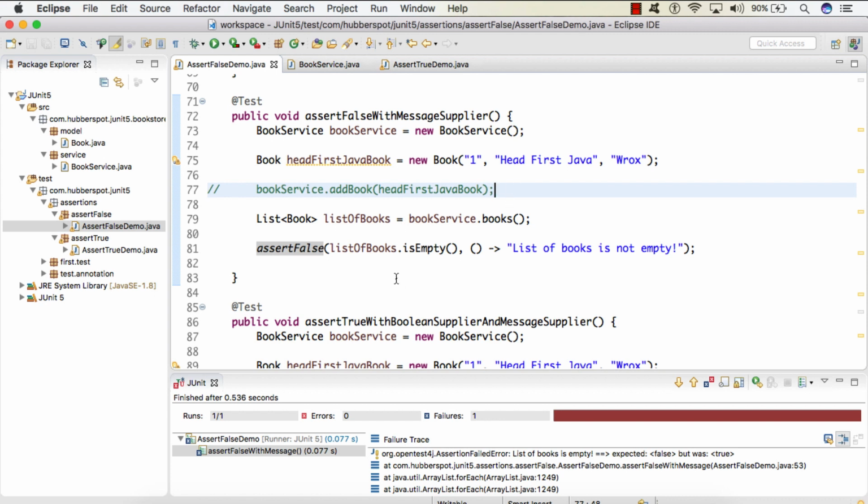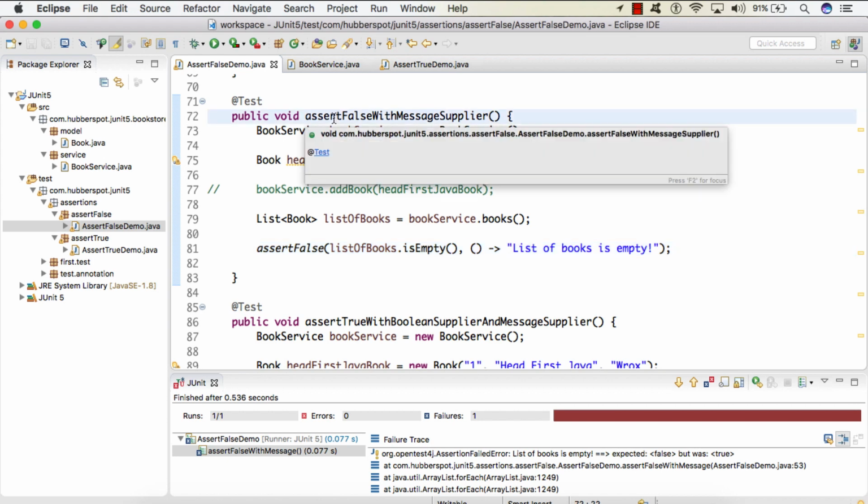So the only difference in this assert false overloaded method is, instead of providing a message directly, we are using the supplier functional interface, which will supply a message whenever the test case will fail. So here this supplier function interface only gets evaluated whenever our test case will fail.